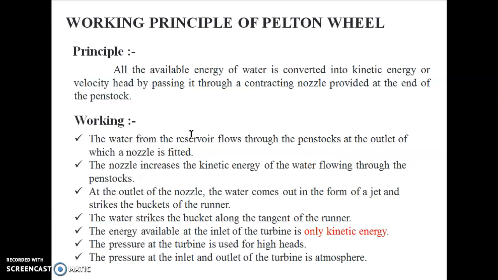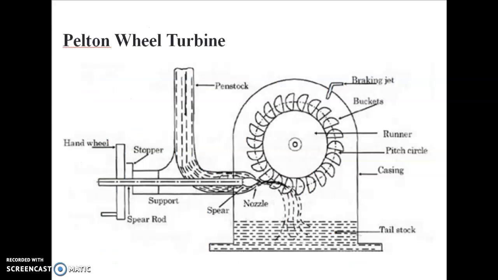For understanding the working of the Pelton wheel, we'll try to see this diagram. In this diagram you can see the construction of a Pelton wheel turbine. First thing is this vertical pipe. This is called the penstock. The penstock is connected to the reservoir from where we are going to take the water. We already learnt the method by which we can take that water in the previous lecture, where we have seen the hydroelectric power plant. So through that reservoir, water is taken towards this turbine by using the penstock.